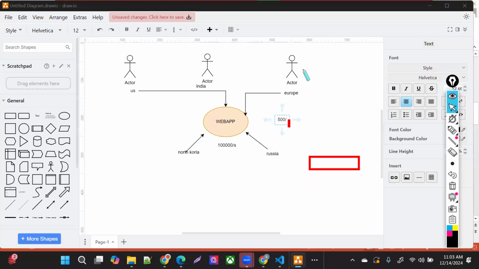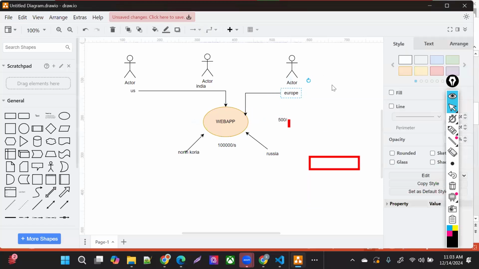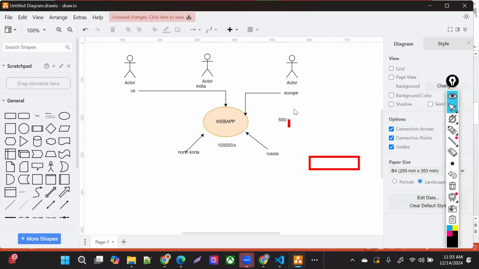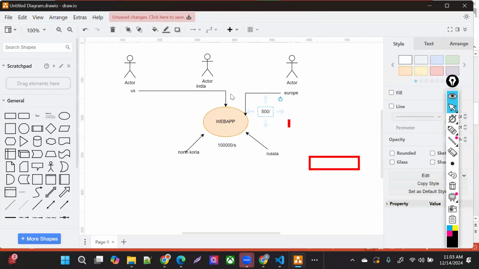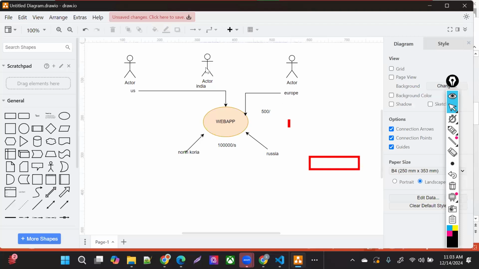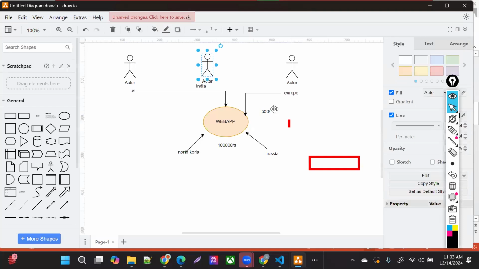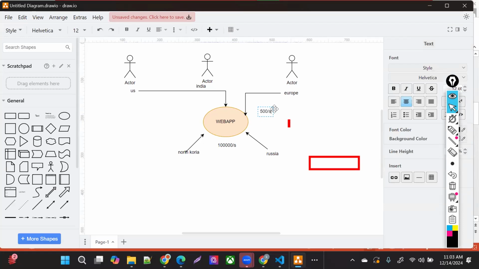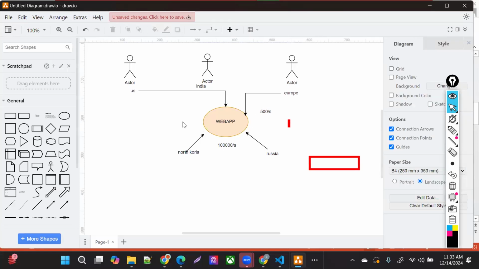What happened with this one? Why is it not getting more than 500 requests per second? I know it's very low, but I've designed my application in such a way that you are not supposed to access it, and I'm not supposed to access it. Only a third-party person who has the dependency calls will be calling my application. The maximum bandwidth of my application is 500 requests per second. And this entire web app, which is deployed inside the Azure web app, is being configured with the DDoS plan as well.